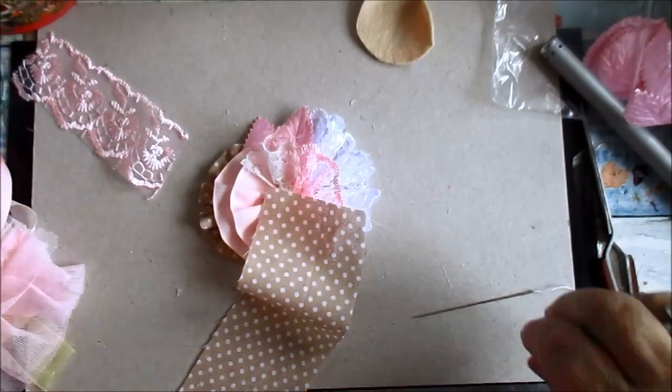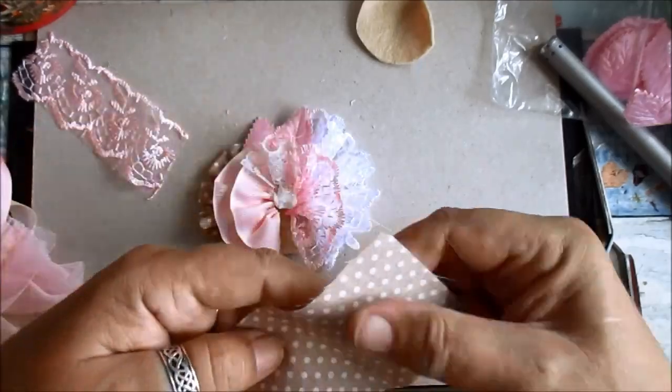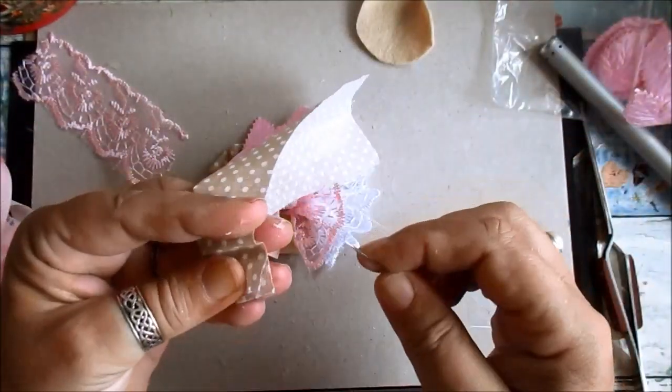Okie dokie. Let's have a look at this. I'm going to do the same again. I'm going to fold it in half. And then...